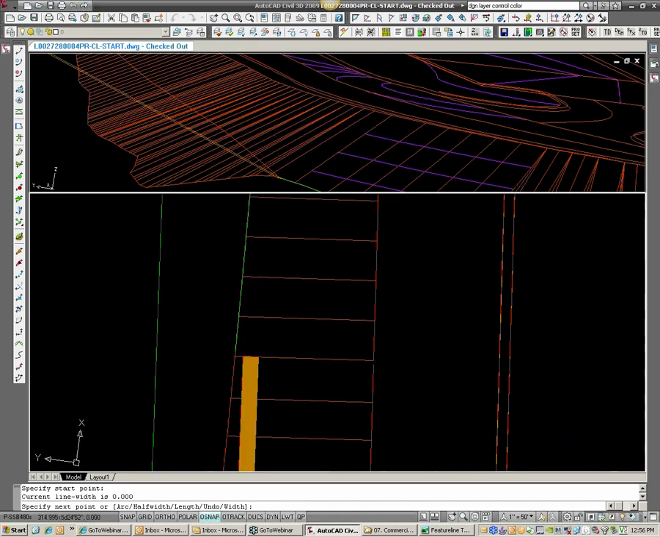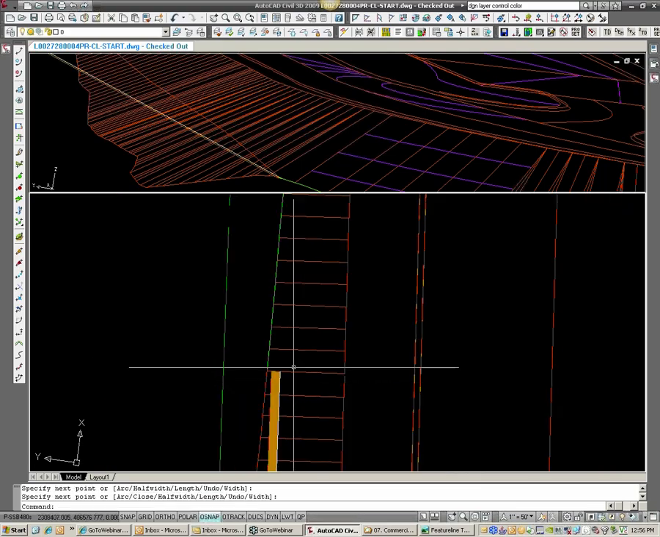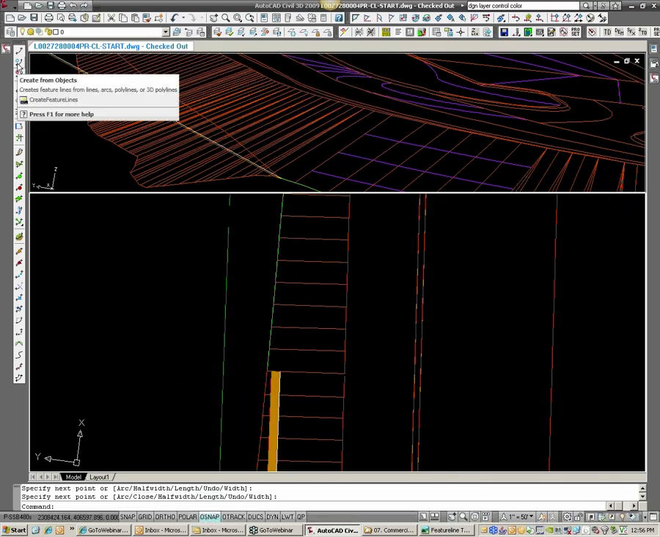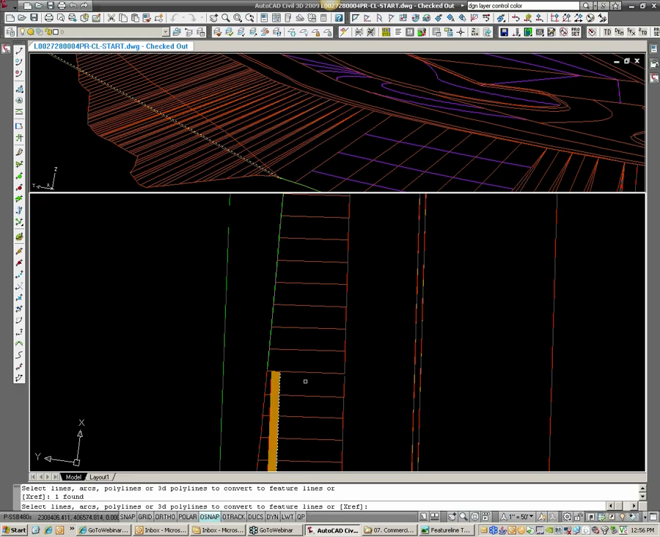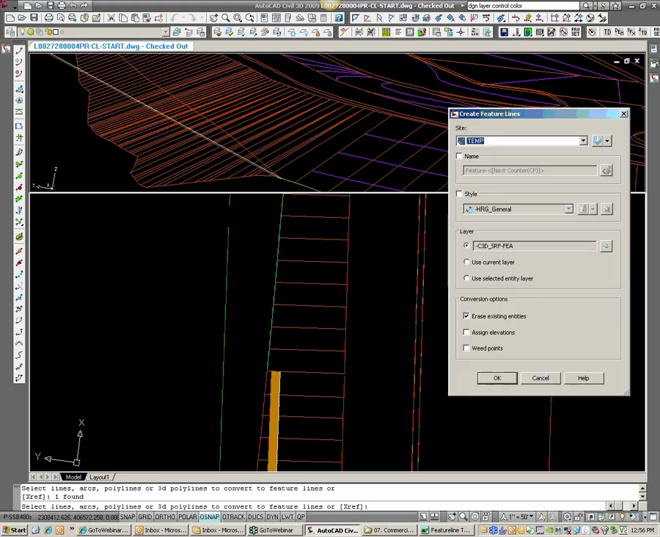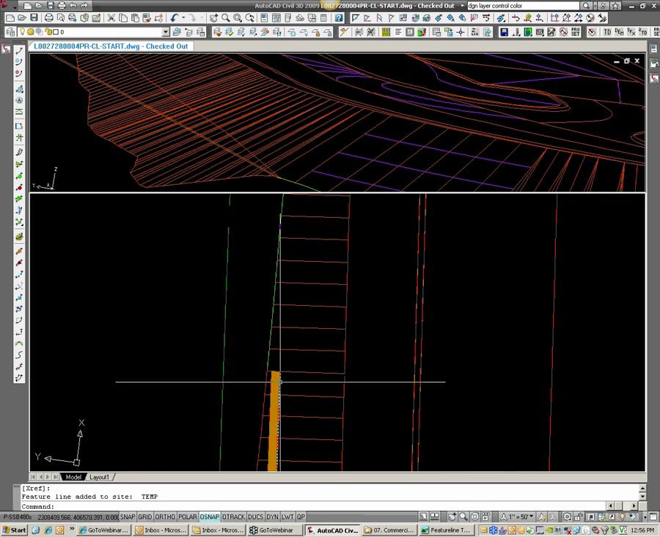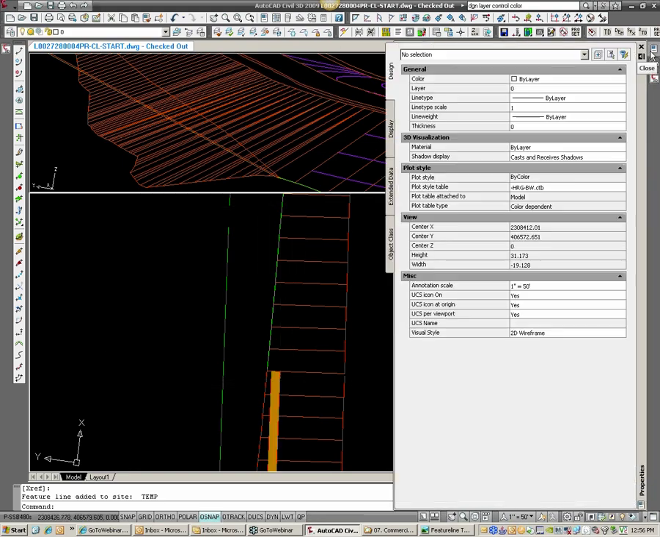So I'm going to go ahead and drape that across the back here. Go ahead and hit Create Feature Line from Object. Pick that top back. Hit Enter. Put that on my temp. Hit OK. And since I just created this surface,